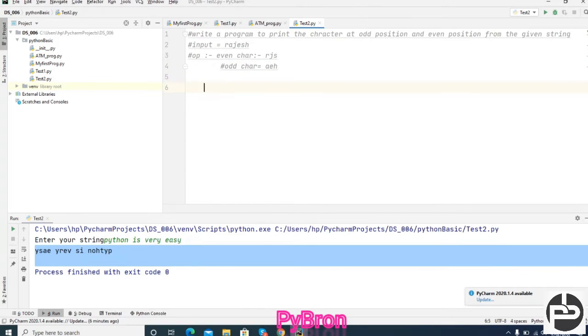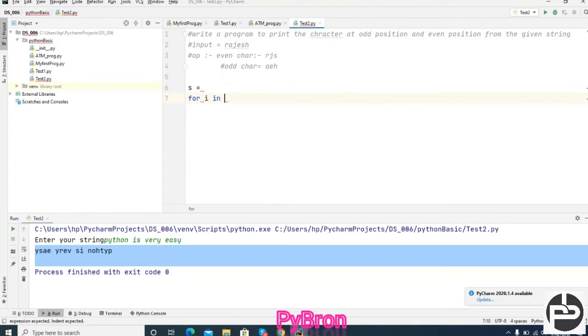Basically, no need to do anything special. You have to take an input from the user in the form of a string, and you have to store it somewhere. Suppose you took an input and you are going to store it here. Now next, you have to iterate over the string.